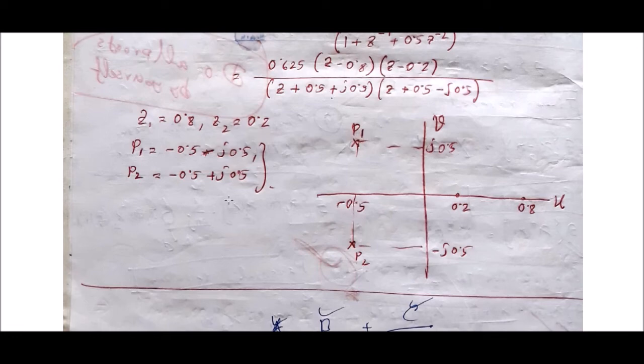Okay, remember that for poles, if there is a complex pole, there must be the complex conjugate pole also. See that this pole is nothing but the complex conjugate of these two, so they should be complex conjugate pairs. For all other pole-zero equations, you may find that if there are real poles, there may be single real poles or multiple, separate real poles. But if there is any complex pole, there must be the complex conjugate pole also.